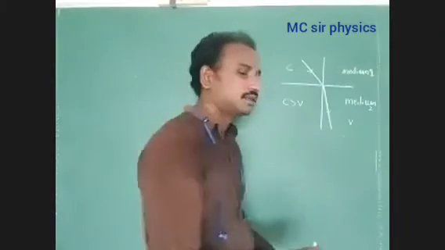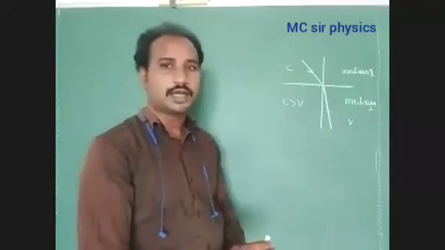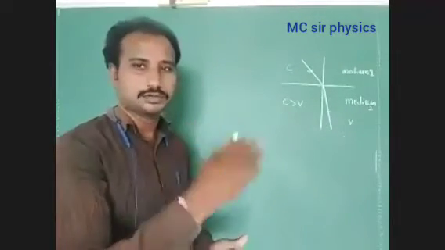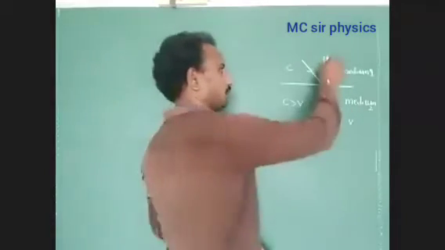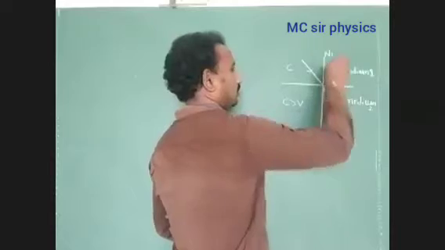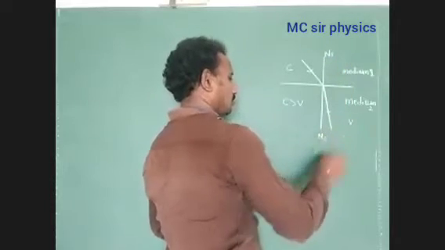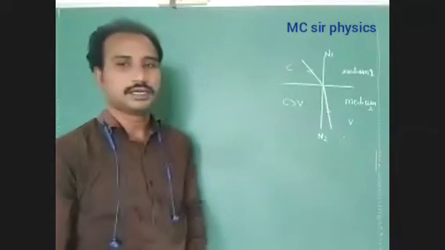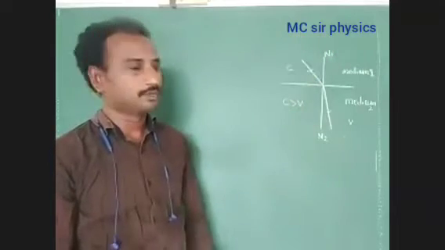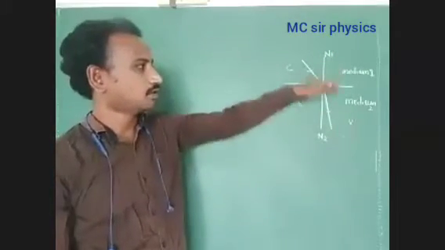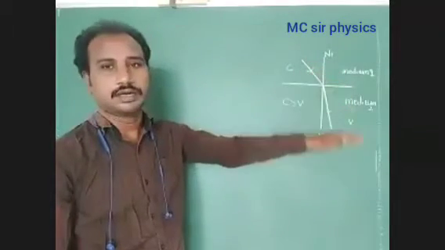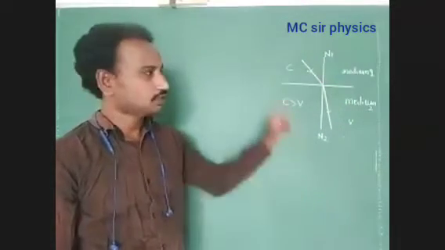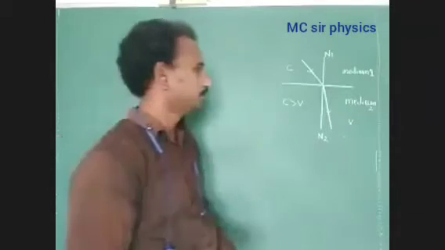Angle of incidence: we have to calculate the angle of incidence with respect to a reference. In this condition, the reference is the normal. Normals N1, N2: both normals we have to represent in the two mediums. These two normals we have to draw from the point of incidence in the rarer optical medium and the denser optical medium. Just identify this simple point.